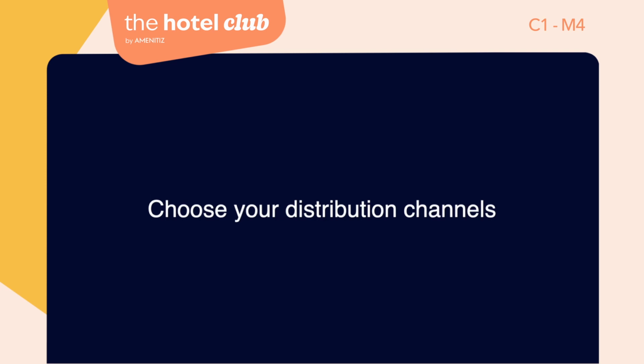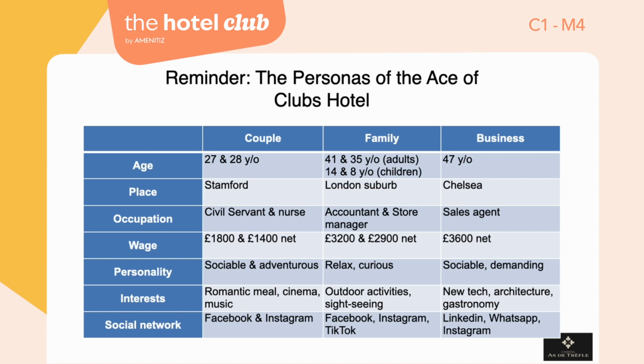As usual, we take the results of the previous exercises to continue. This time, you're going to need your list of personas and the different segments that you created in the first module. As for our own Hotel de Club, which is starting to become quite well known, quite successful, I'm happy to announce, we know that our personas are the following.